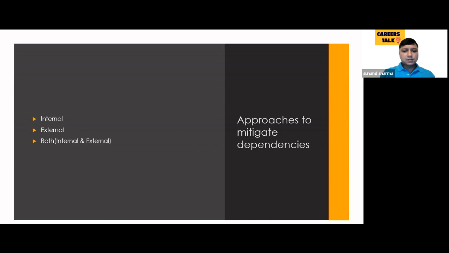The other thing is we call it a gatekeeper approach. Basically, we need to prevent dependencies from affecting the team's throughput by blocking the stories with the dependencies from entering the sprint until they are reasonably sure that the dependency will be resolved in time. You can use this approach, but sometimes it's not that feasible because this is with respect to the other team, right? But if you have your DOR in place and strictly follow that, this approach you can use when we have dependencies with the other teams.